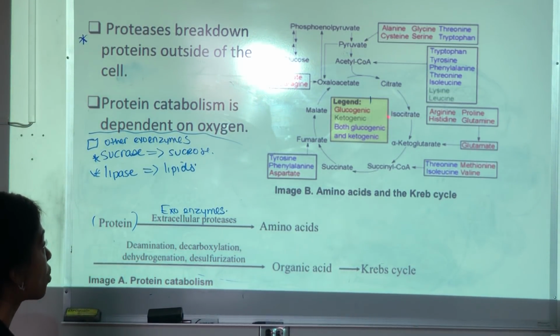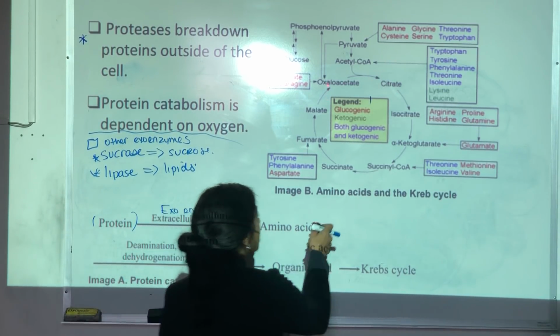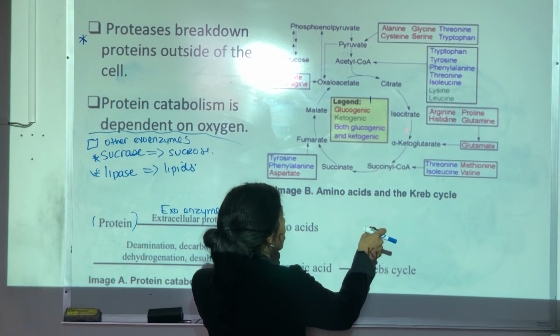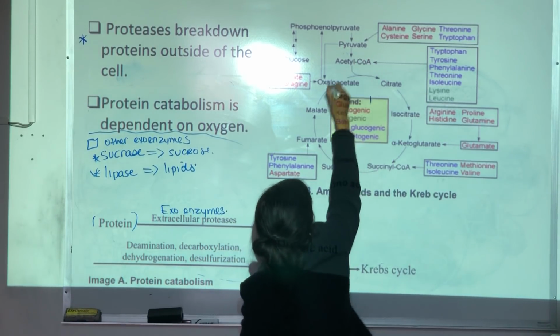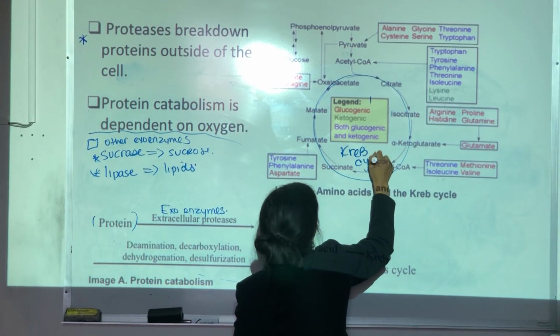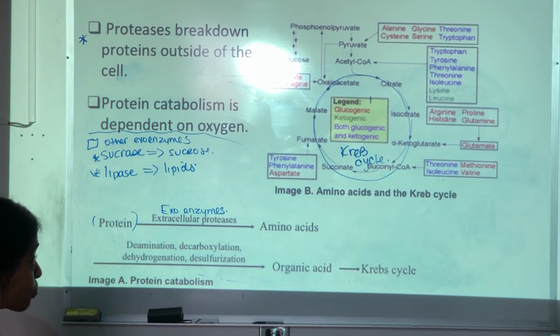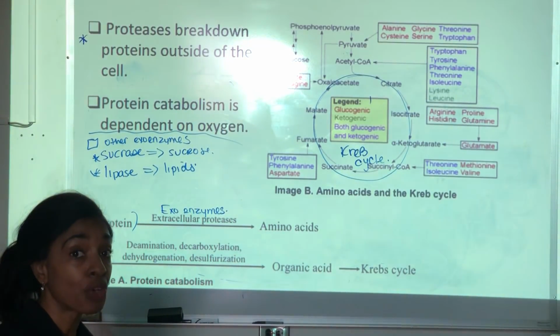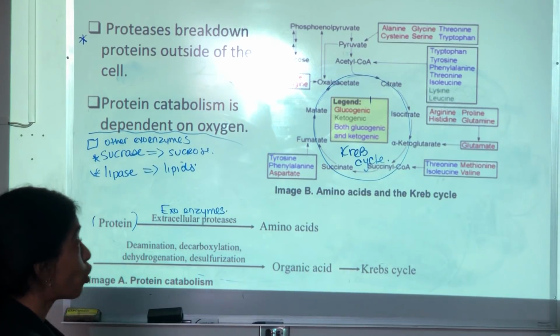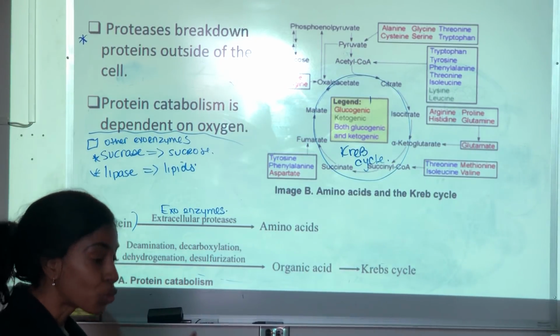If we look at this model here, it might look very confusing, but if you look along here, we saw oxaloacetate, citrate, isocitrate. So in the middle here, this circle is representing your Krebs cycle. Right, so that's what's going on in the Krebs cycle. And different amino acids enter in different parts of the pathway. So they might not generate the same amount of electrons. So if they don't generate the same amount of electrons, you will not get the